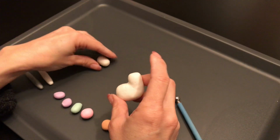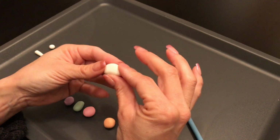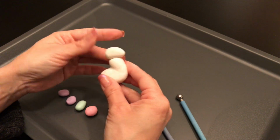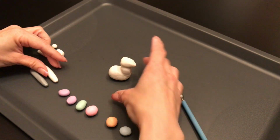Next, I'll work on the head. I like to start with a shape that resembles a giant tic-tac, then give it more of a pointy slope. Once you get the head done, put it on the body and check the balance. You'll want to set it down, and if it falls over, smush it till it's more balanced and can sit